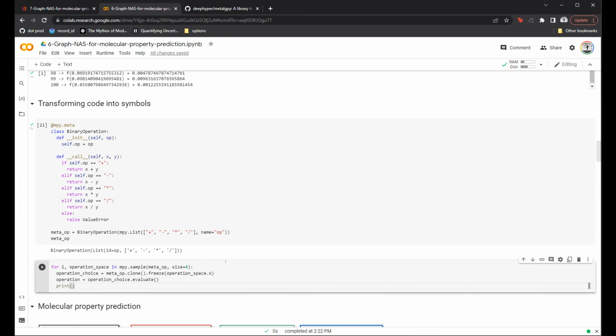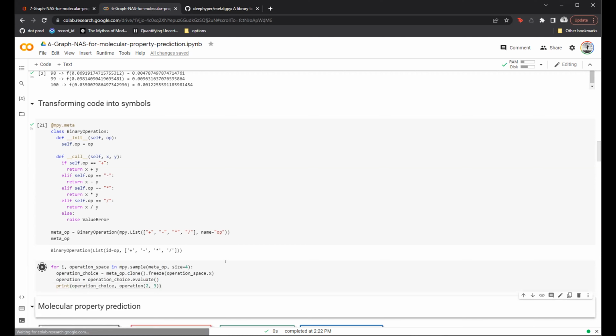Now you can see how you can use the operation to perform something as simple as this.